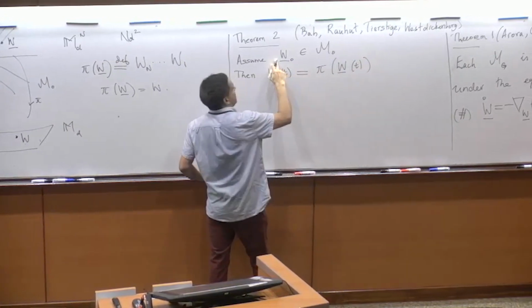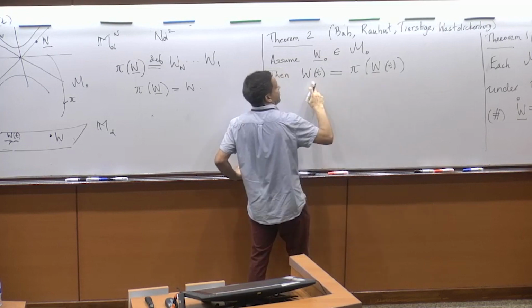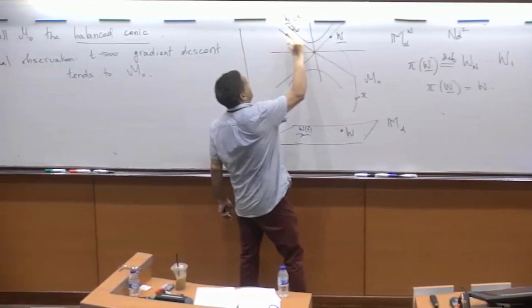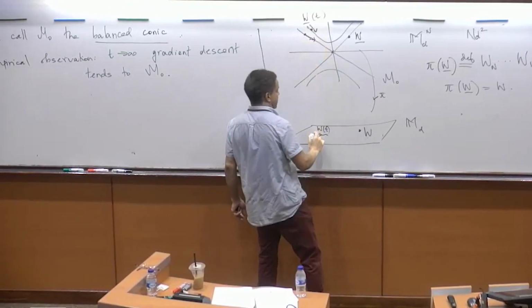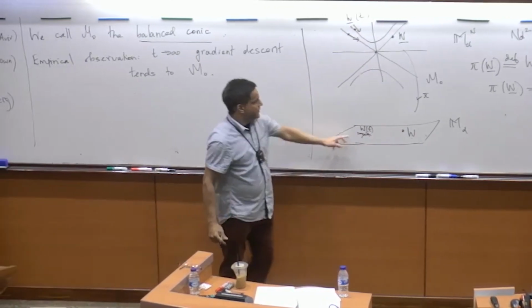So what I'm doing is I pick an initial condition upstairs, I solve my differential equation upstairs, and then I look at the observable along that trajectory. So pick an initial point over here, look at the trajectory associated to it, and let's look at the associated W_t down here. Then the theorem is that